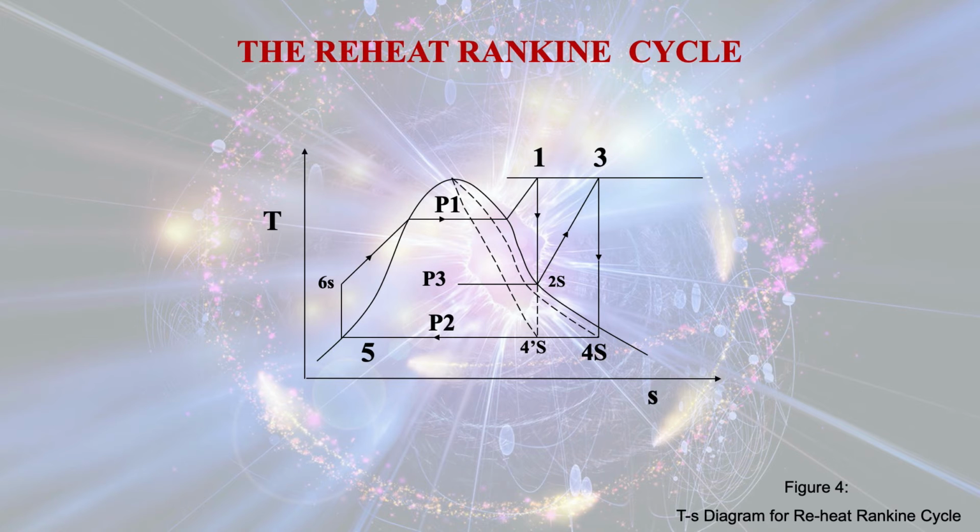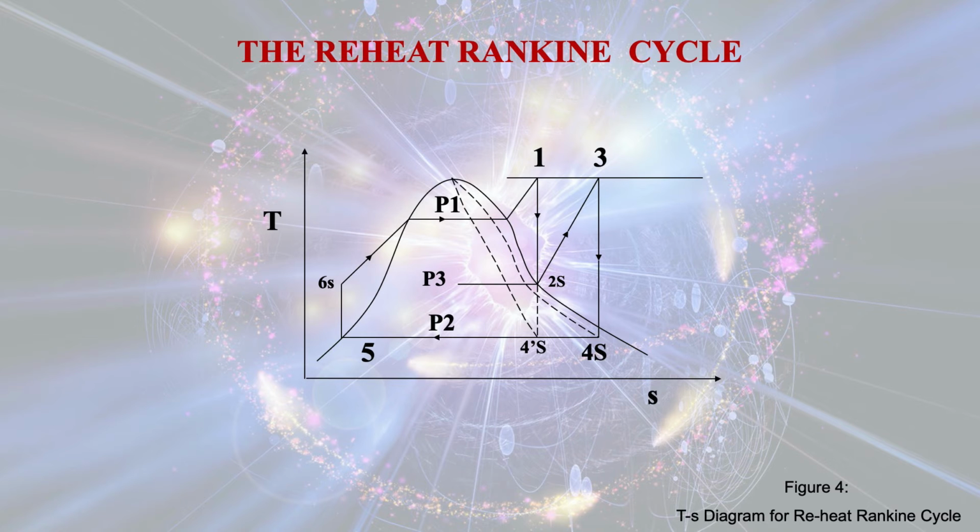At that point it is again reheated by the reheater up to point 3, and when it is reheated, at point 3 it enters the low pressure turbine, does work, and 4S